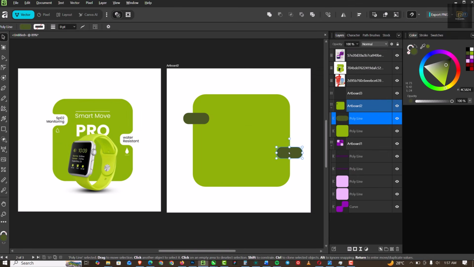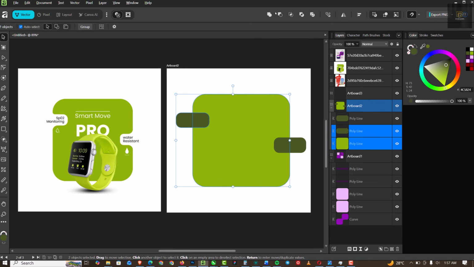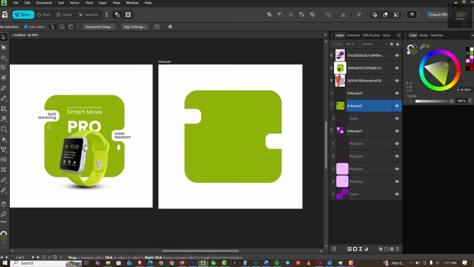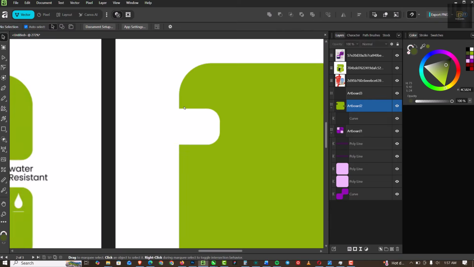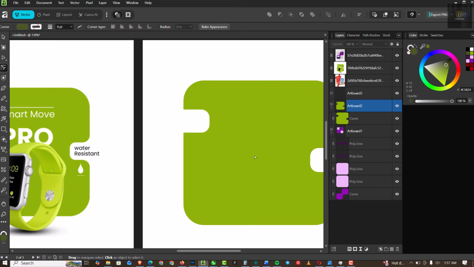One of the reasons why you should learn Affinity Designer, or Affinity, is because number one, it's free and it's an alternative to Photoshop. No subscriptions, it's free for life. And another thing is it's also a vector, a pixel based and a layout based application, which means it can do the work of Photoshop, Illustrator and InDesign combined, right? So you have the flexibility of using Photoshop, flexibility of using Illustrator, flexibility of using